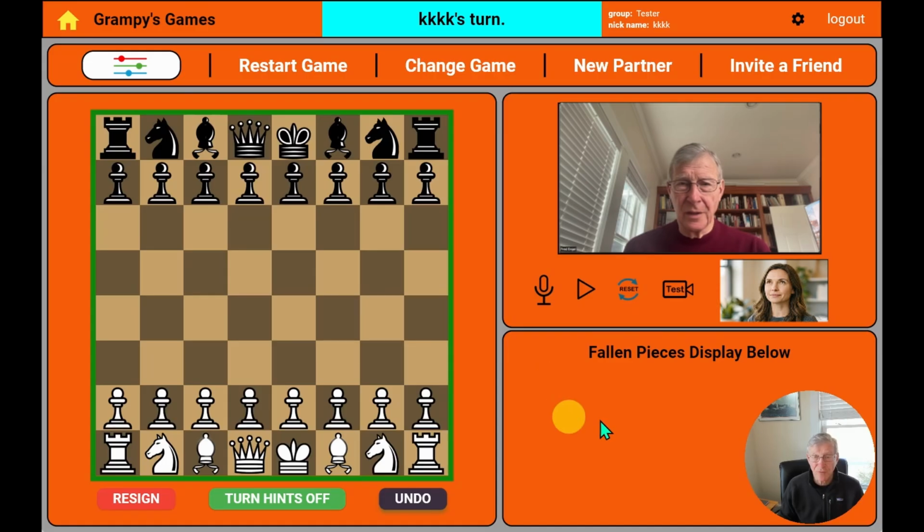Here's where you see your fallen pieces. So if a piece has been taken, it'll show up here. And so you quickly see what's off the board. Generally in a move, you click on a piece and then you click on the legal move you want to make. So we want to move this piece,